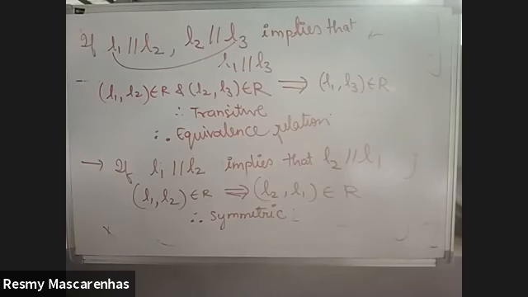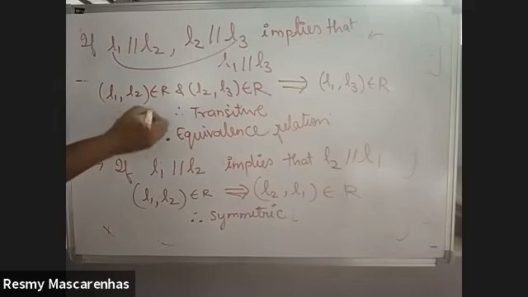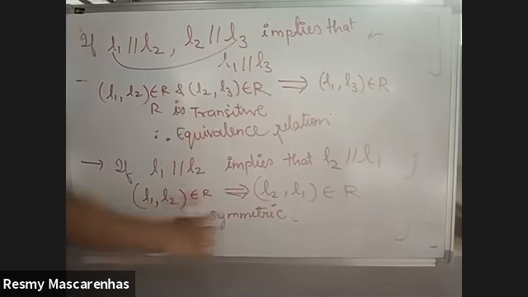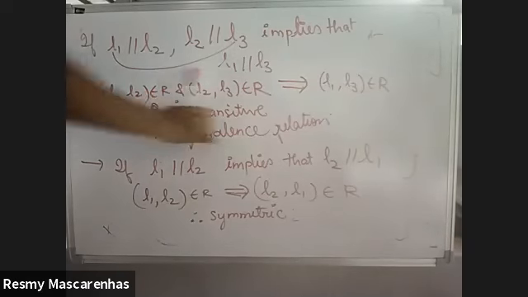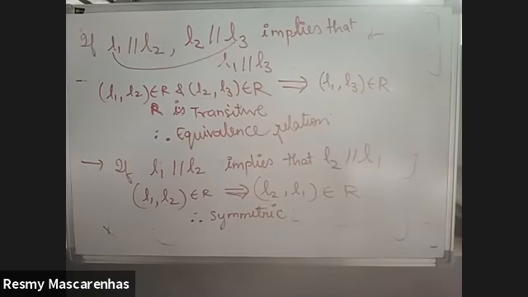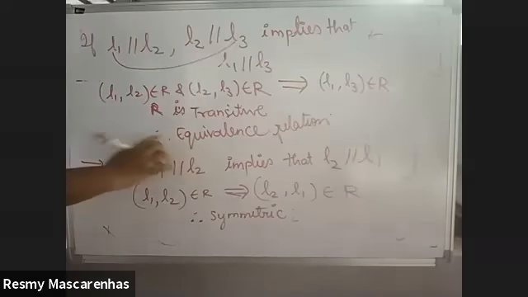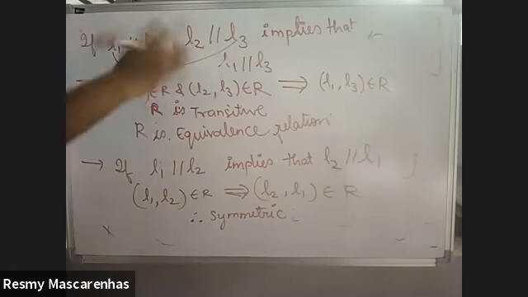Okay, just one last one, I'll solve on that triangle, a similar one, then you'll understand it slightly better. You can also say R is transitive, R is symmetric. If you want, you can write R is symmetric, relation is transitive, relation is reflexive. And therefore you can say R is an equivalence relation. It's fine.